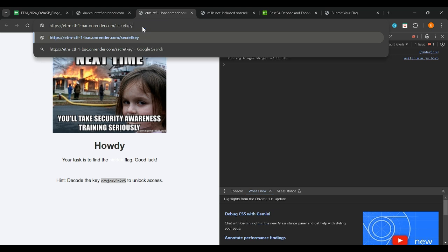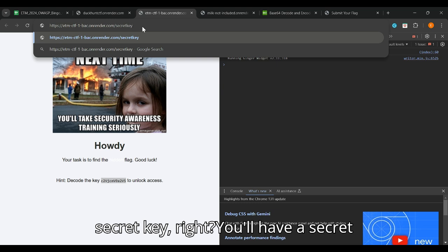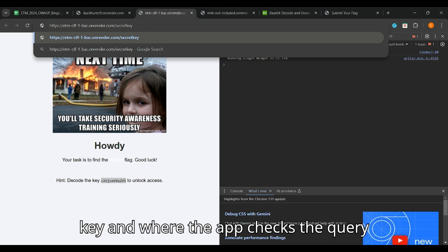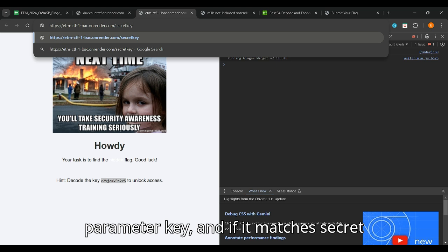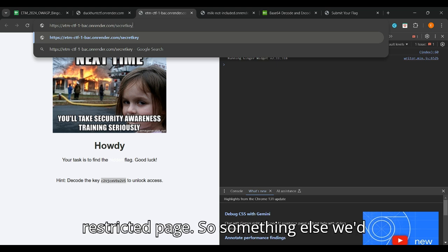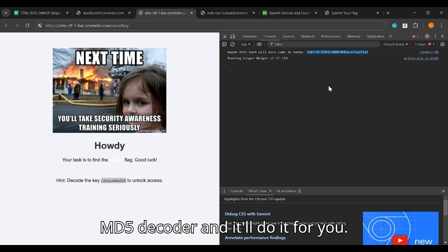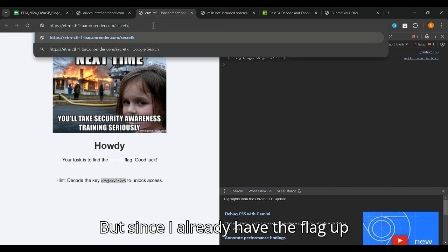Of course, I was already testing it. Where it's secret key, right? You'll have a secret key, and the app checks the query parameter key, and if it matches the secret key, it grants us access to the restricted page. So something else we'd have to do is decode this MD5 hash, which you can simply upload to an MD5 decoder and it'll do it for you. But since I already have the flag up here,